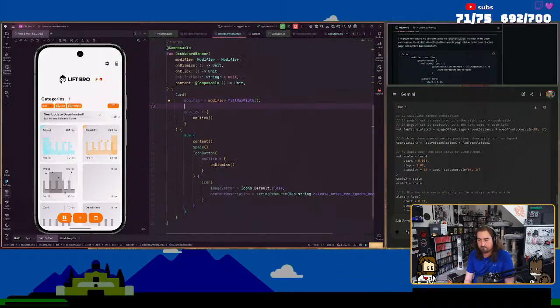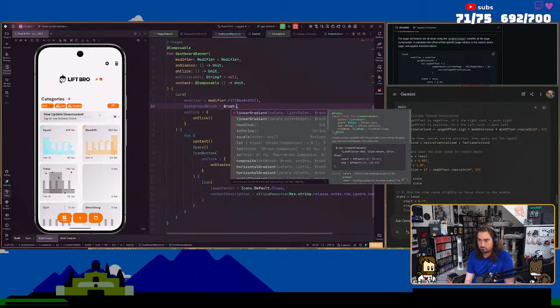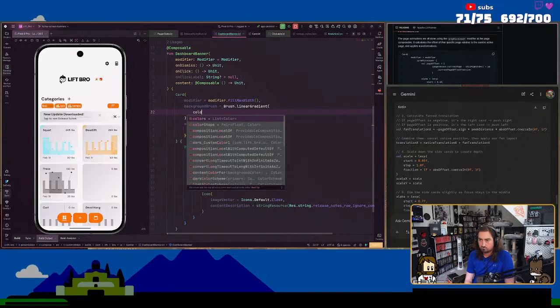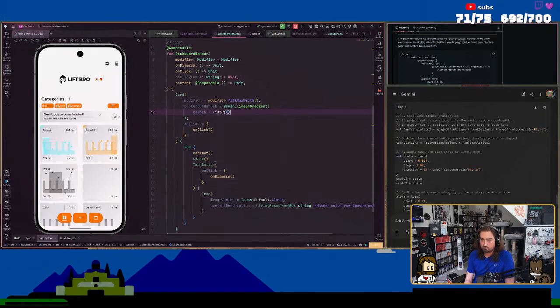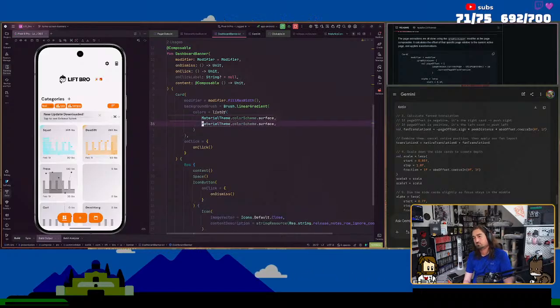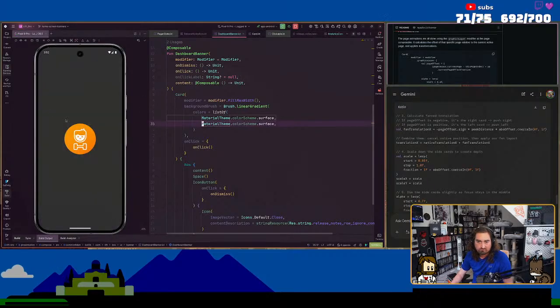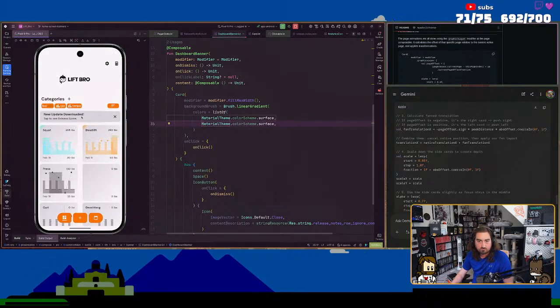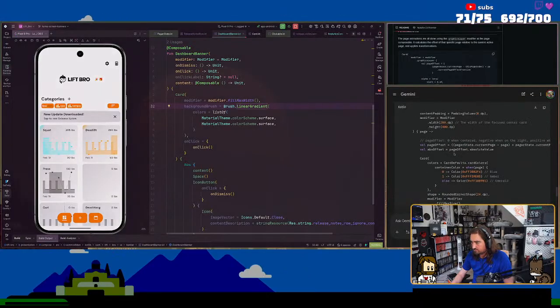So I just need to. Yeah, it's more what I want, but now I also want the page size to also be.